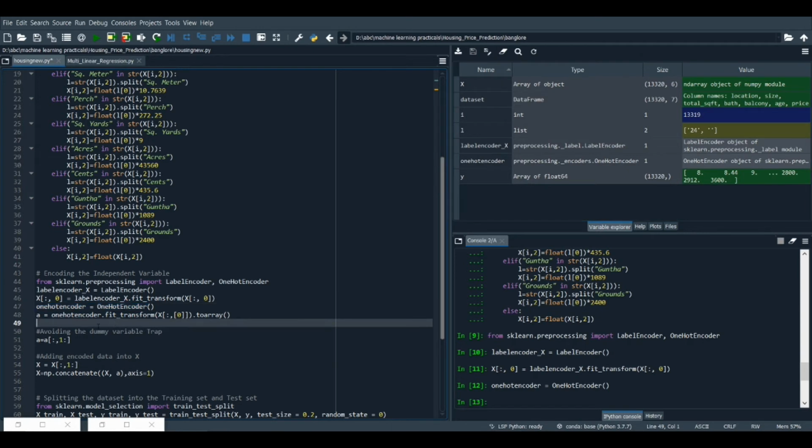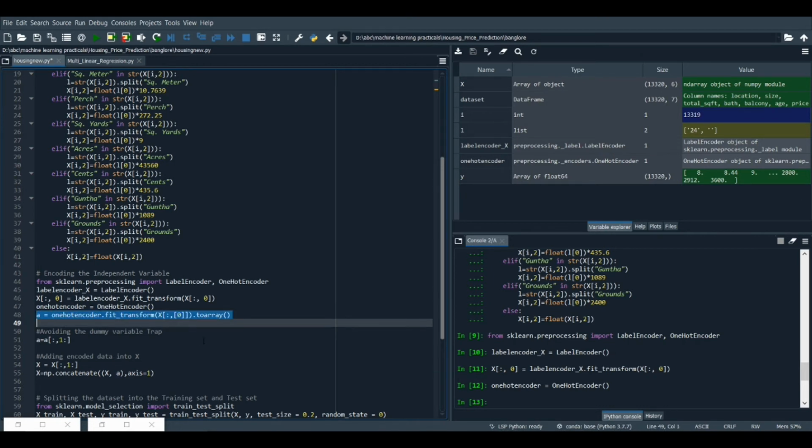Now after that, we need to fit and transform the 0th column of our independent variable. So we are going to use the object one hot encoder and the fit underscore transform function, in which we are going to pass X with colon for all rows and comma, in parenthesis the index of the columns that we need to one hot encode, and here it's only 0. So in square brackets we are going to pass only 0, and then we are going to store it into a temporary variable. Let's say it's a.